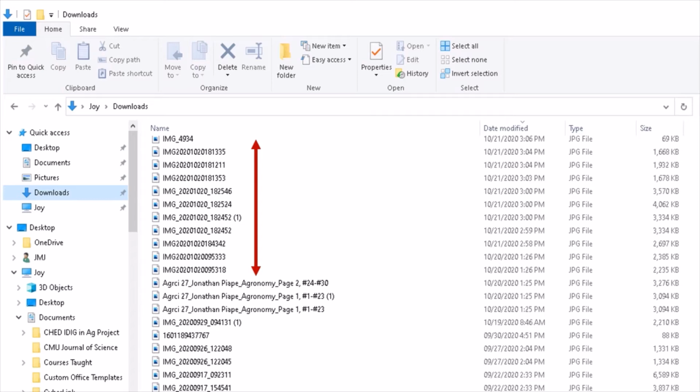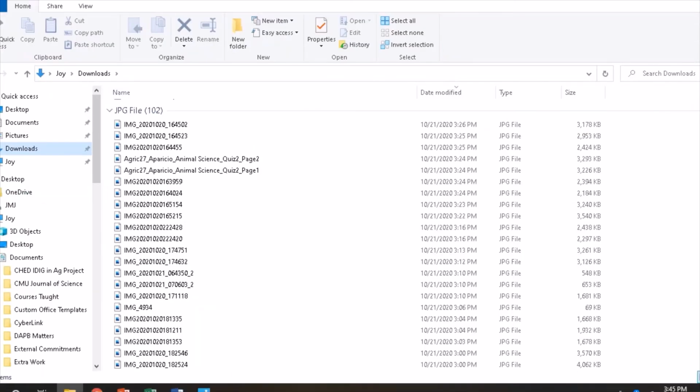but that's all right. But the point is that sorting of your submitted documents would be easier by your professors or instructors if you rename your files properly, or if you name your files properly. Okay, now I'm just going to show you another screenshot of the downloads to emphasize that only a few students remember